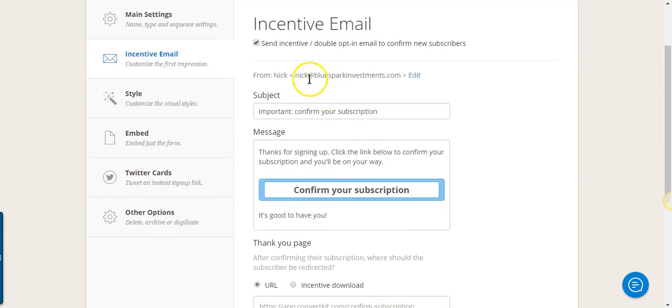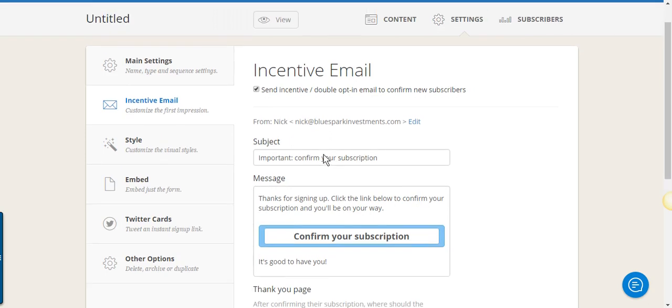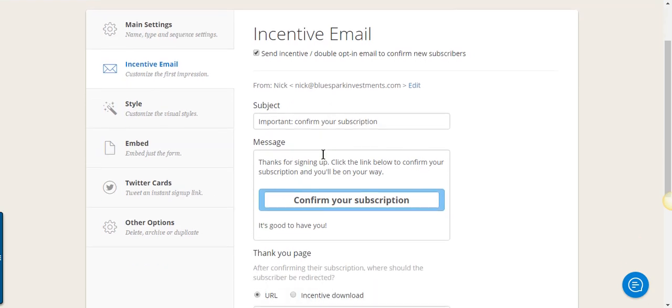So you're going to be able to choose which email address you want it to come from. If you have multiple websites, you can change out your email for your website. You can customize the subject, and you can customize the message they get. So this is the double opt-in type email. So when they first subscribe to your form, they're going to get sent this email to their inbox asking them